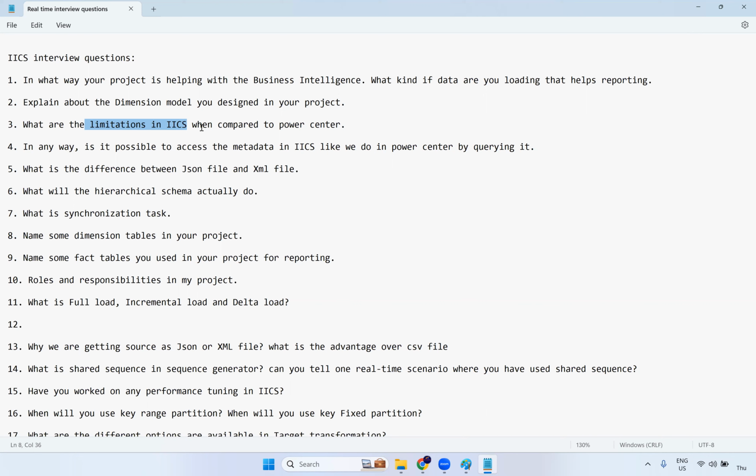Like it is not converting 100%. That is a limitation, and on the IICS side they are improving it. A lot of improvement they are doing, and looking at the repository queries and everything, we have to create